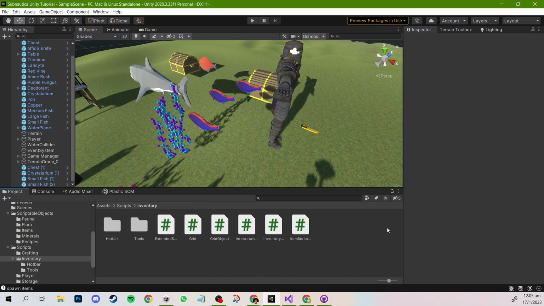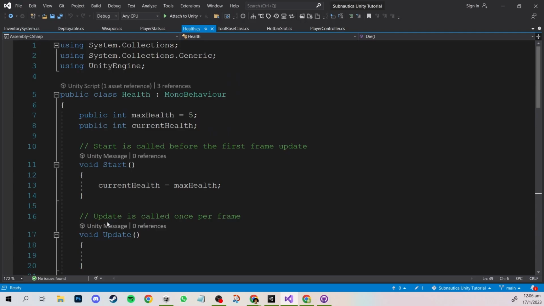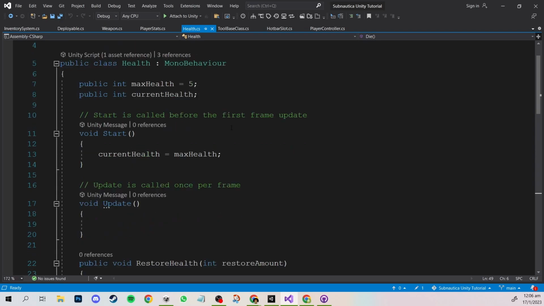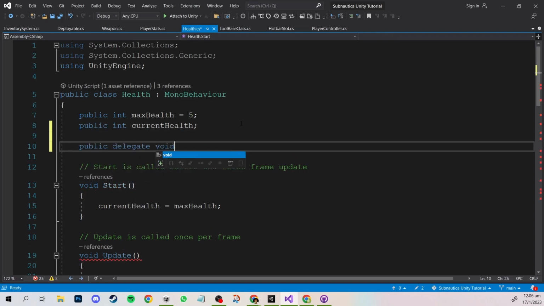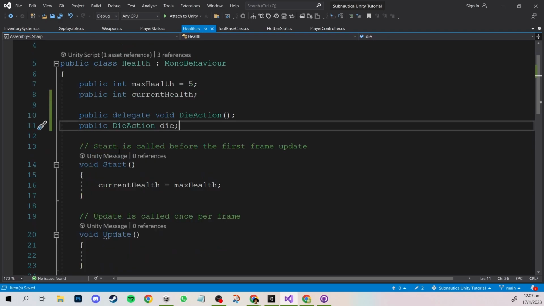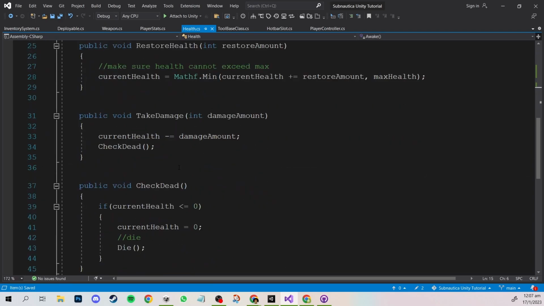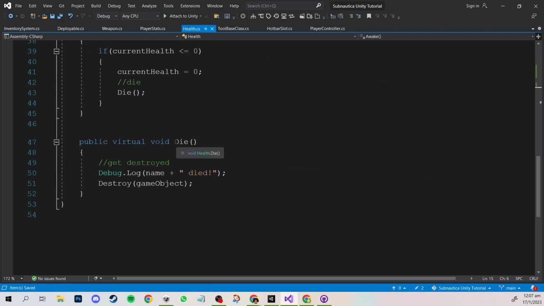So let's implement this. So in the health script, we need to change the die function to be from a virtual function to be a delegate, so that whenever the health calls die, it calls the delegate instead of that overridden function. So going back to health, I'm going to add two more variables here, one of which is a delegate die action, and we'll create a die action called die. We also need to change start to awake,